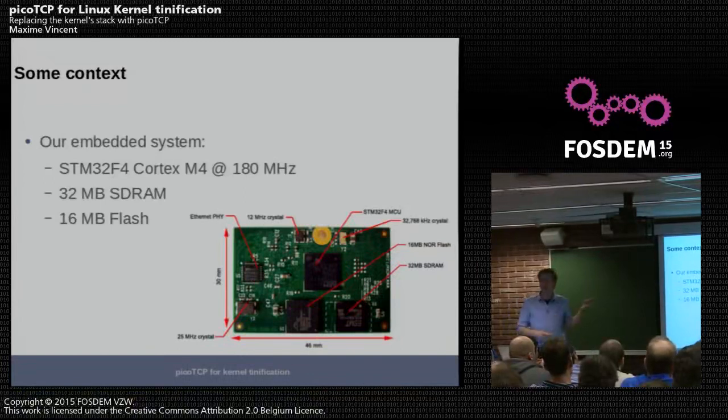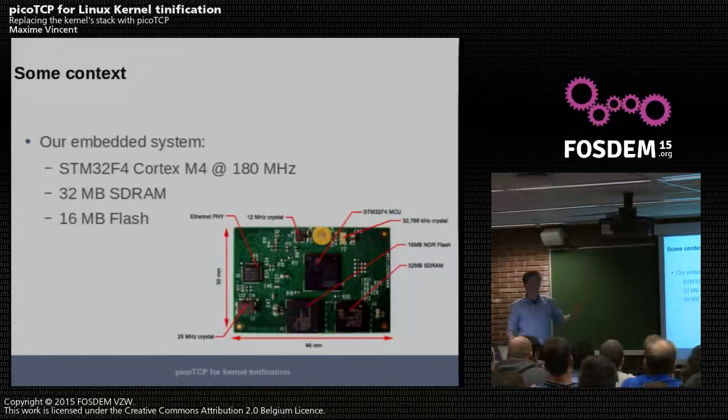It runs at 180 megahertz. And additionally to this microcontroller, on this board they added some SDRAM, 32 megabytes, which is ample. You could do with a lot less. And 16 megabytes of flash, but this is just to get comfortable with Linux, and also as a development platform, it's nice to have a little overhead, but you can actually go a lot smaller on this system.